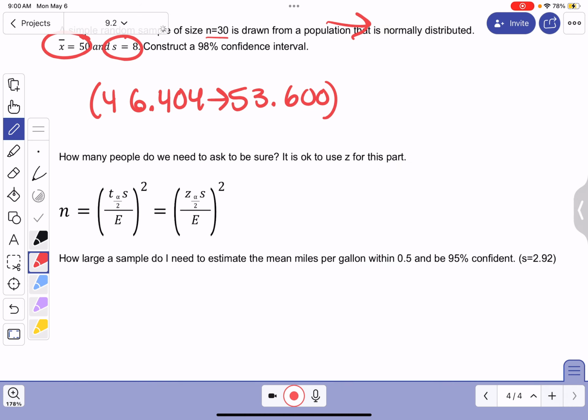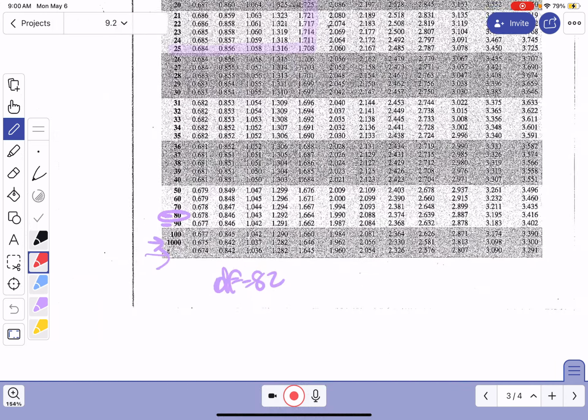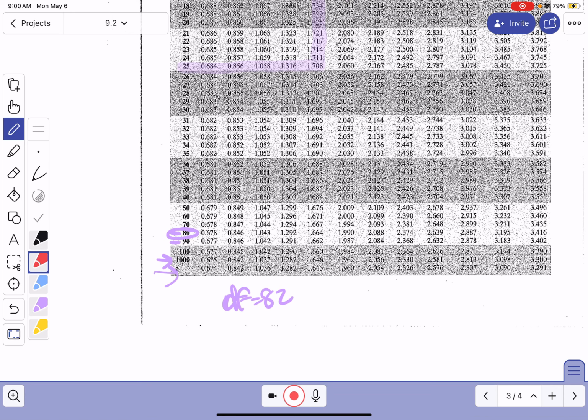And then just like before, we can also use this to figure out how many people we need to ask. It's okay to use Z for this part because T approaches Z. The Z table has them at the bottom, so it's okay to just use that. So how large a sample do I need to estimate the mean within 0.5 and 95% confident? Here's our standard deviation. So 95% confident is at the bottom of that Z table,